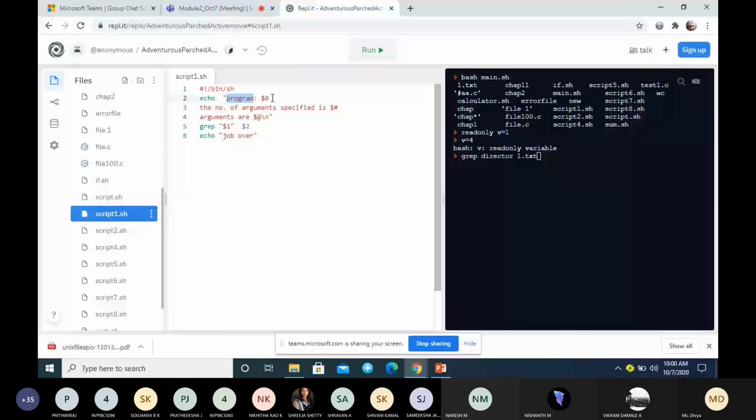So if I run it like this: sh script1.sh India 1.txt. Echo program $0. What will $0 have?